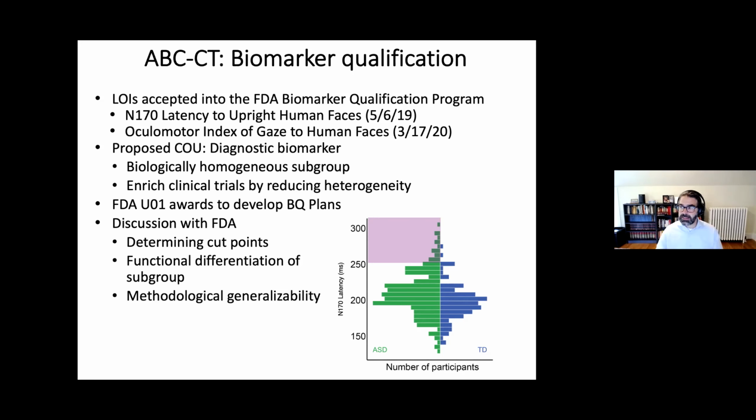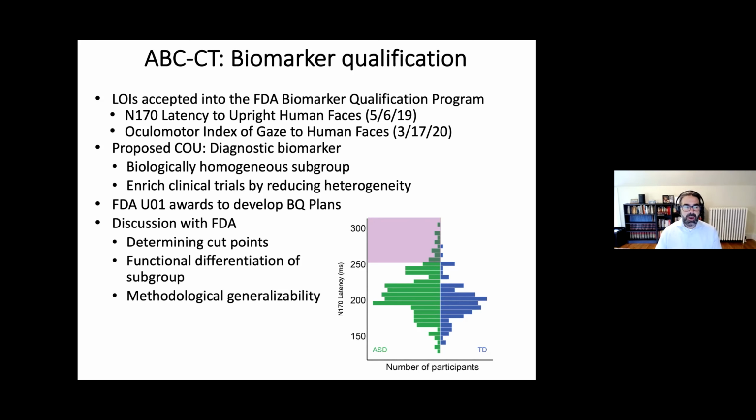What happens next is we prepare what's called the biomarker qualification plan, which is our roadmap for data analysis and data collection to get us to the final stage, a biomarker qualification package. And this is an interactive process with the FDA. We've actually had two U grants to fund us to have discussions with the FDA, to think about things that are really hard, that nobody, not us, not the FDA, really knows exactly how to do yet